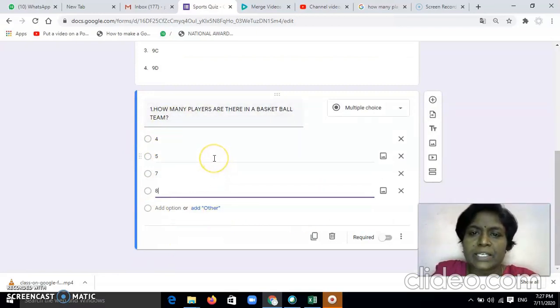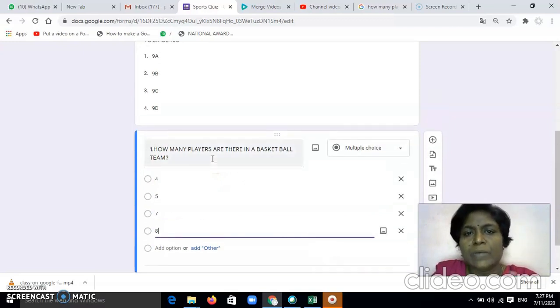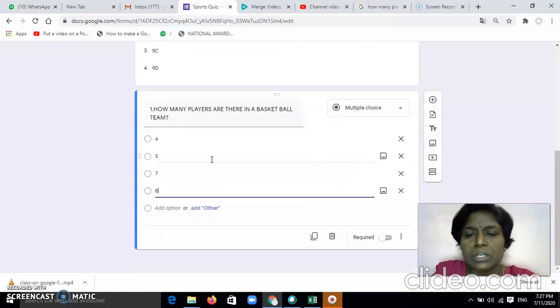Now from here, as I said, the Google quiz starts. Whenever you are making a Google quiz, you need to supply the answer also. Only then will your Google form check your Google quiz and send the participants their scores. To make this Google form a Google quiz, there is a small option.